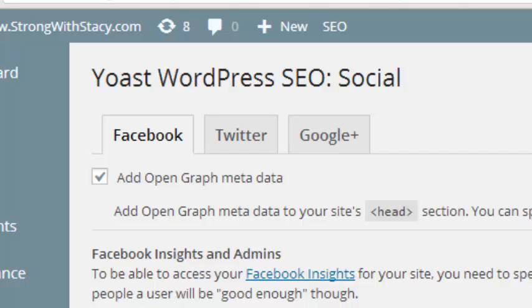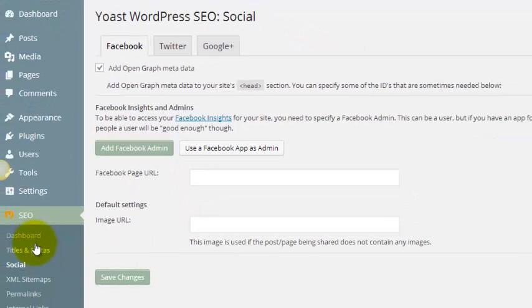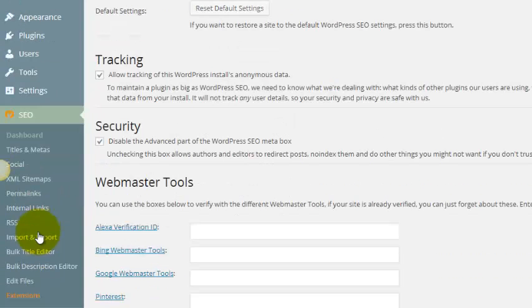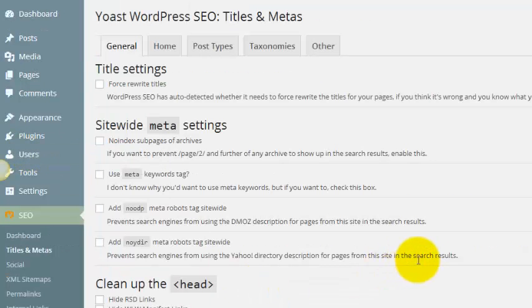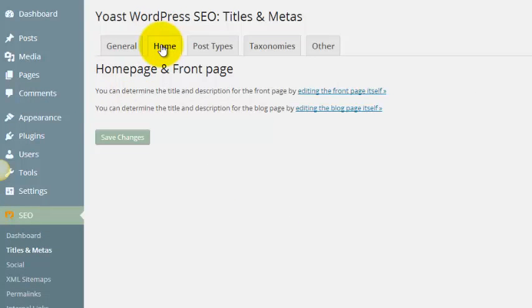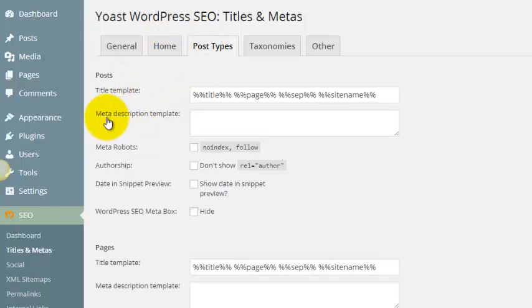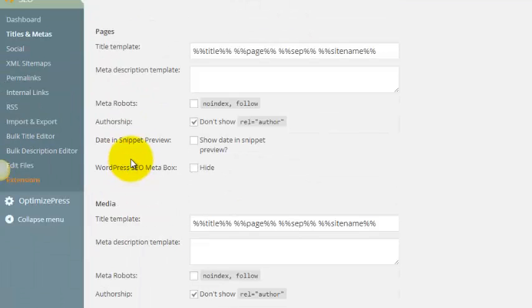But one of the things I want to do, let's see if I just real quickly show you, there's all of these titles on the left that are parts of this plugin. So right now I'm just going to go to the titles, and I'm going to leave all the stuff blank for right now, just because there's so much here, and I don't want to mess any of this up. So I'm just going to leave it blank, and